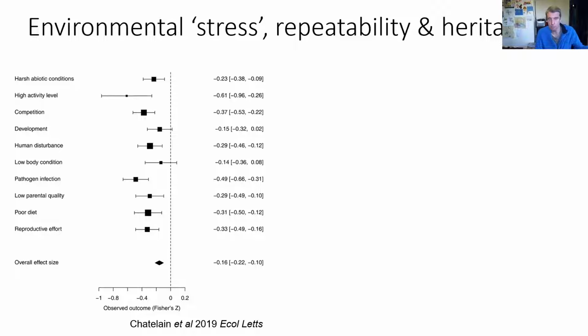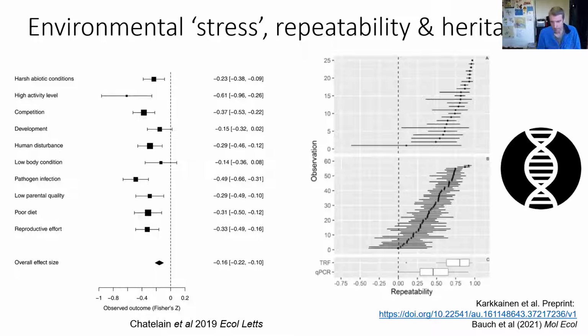So that's consistent with what people see in humans and suggests that telomere length might be reflecting something about the environment. This is a manuscript that's been published on an online preprint, and I'm presuming it's going to be published somewhere very soon, which looks at, across studies of non-mammalian vertebrates, the repeatability of telomere length. So these are from longitudinal studies, and it really addresses how repeatable telomere length is across repeated measures